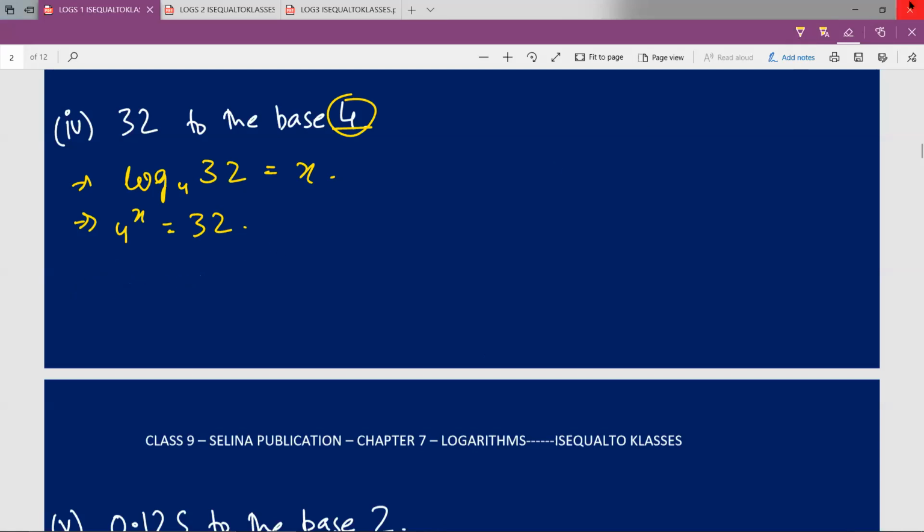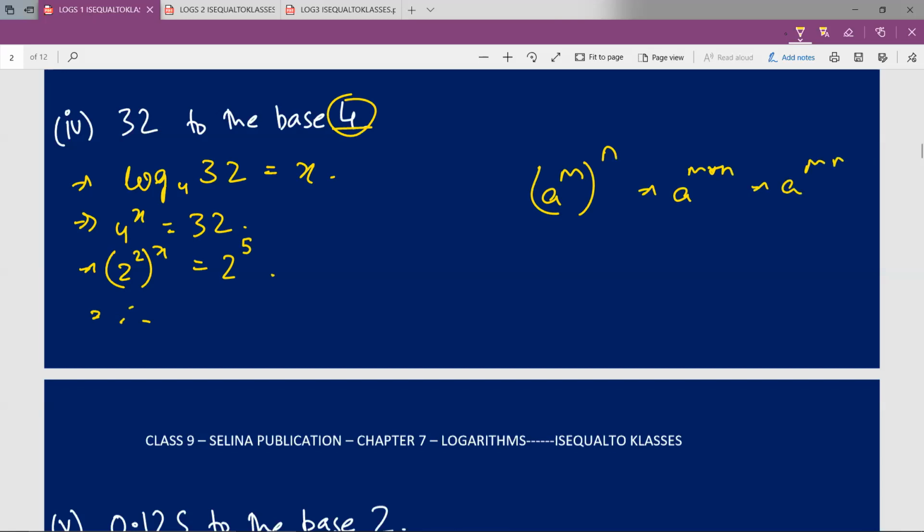Okay. So once you have rubbed the final statement, I could write 4 as 2 raised to the power 2. So therefore 2 raised to the power 2, brackets, outside the bracket there is also an exponential power that is x, is equal to 32. Now 32 in terms of 2, I can write that as 2 raised to the power 5. So 2 raised to the power 5 will be equal to 32, and 2 raised to the power 2 will be equal to 4. So therefore, according to the laws of exponents, a raised to the power m whole bracket, outside there is the exponent n, I can write that as a raised to the power m into n, which will be equal to a raised to the power mn.